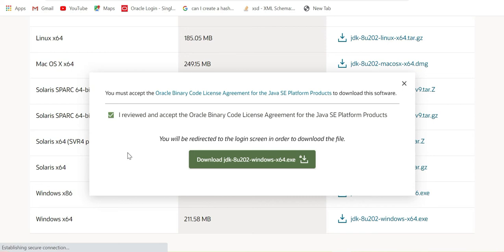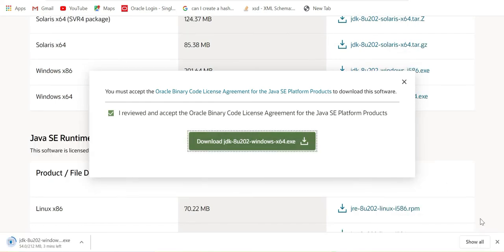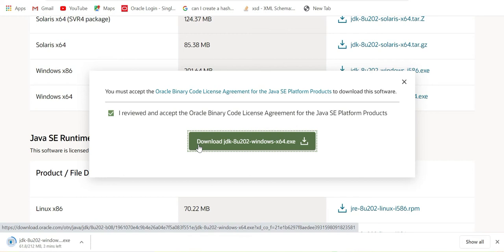It will redirect you to the login page. Just let it go there. As you can see, the download has begun. Once you click this button, it will check the sign-in.